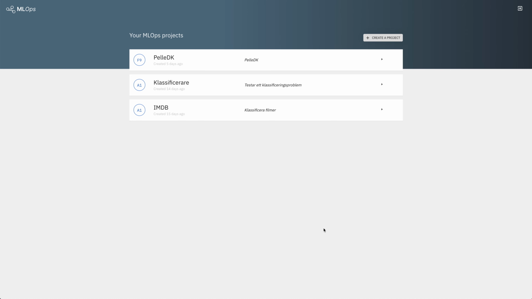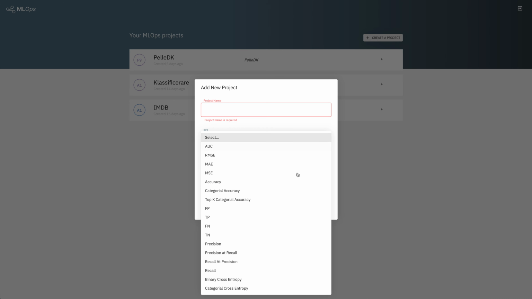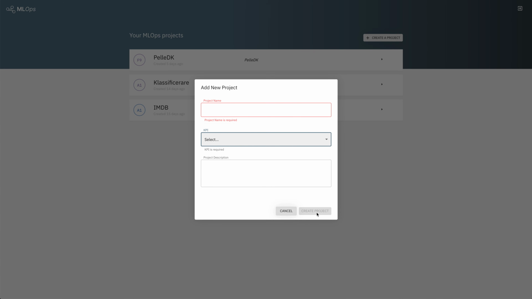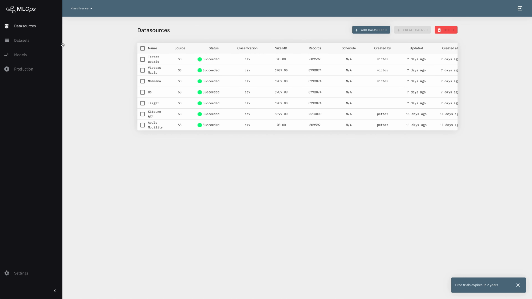So everything in MLOps revolves around the project, and for each project you have one star KPI that helps you or your team to be aligned towards what actually matters for this project. So it's very simple to get going. You just type a project name and you set the metric that you want to use, and you do create project. So we're going to go into this one, and the first thing that we're going to be hit by